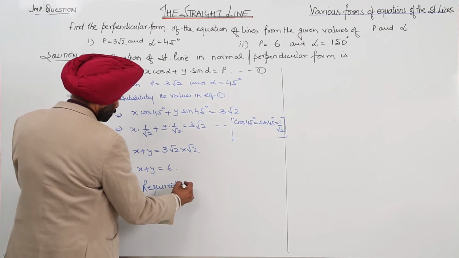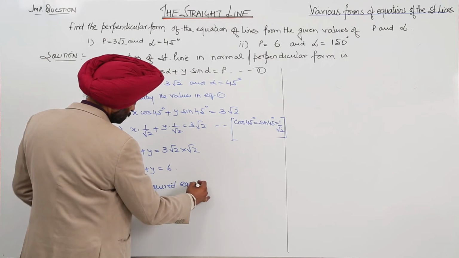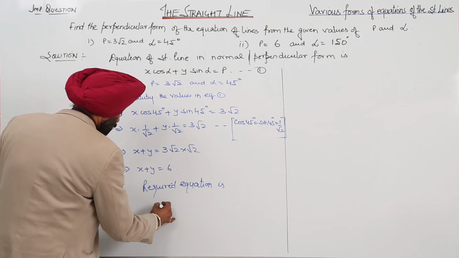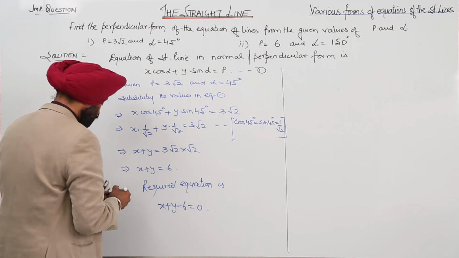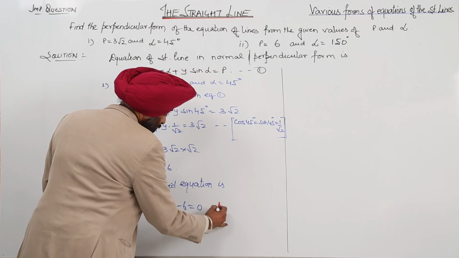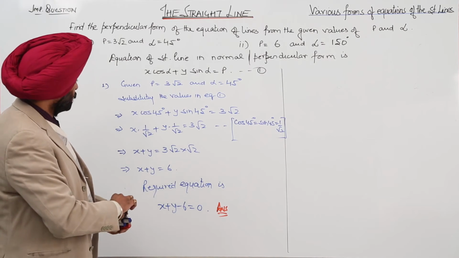Required equation is x plus y minus 6 is equal to 0. So this is the answer. Okay. Now for part 2,